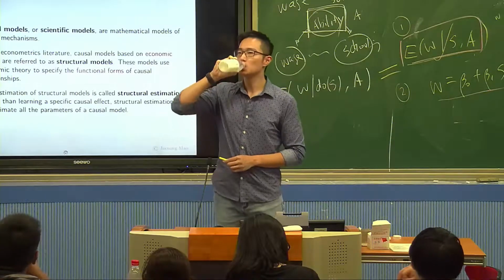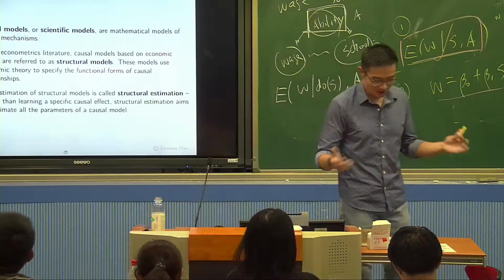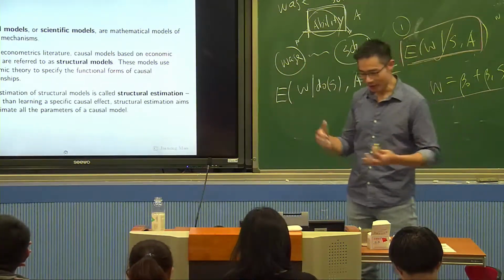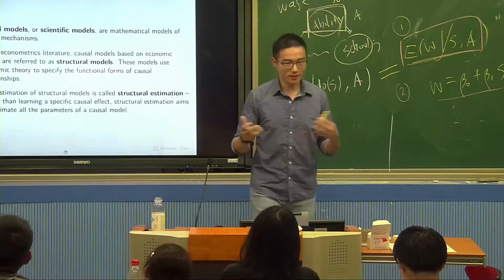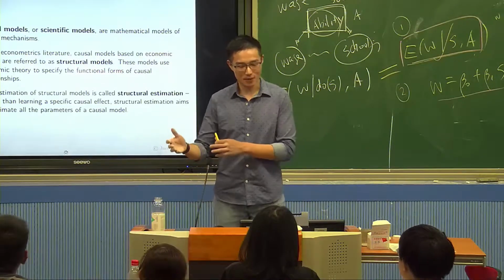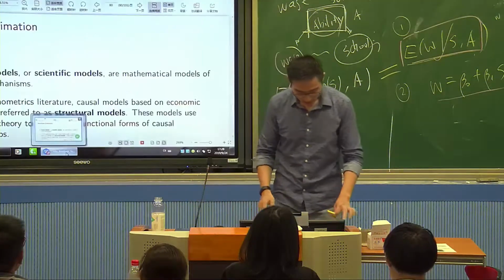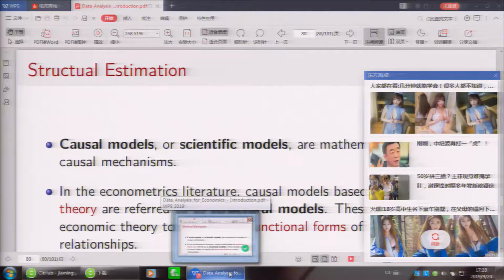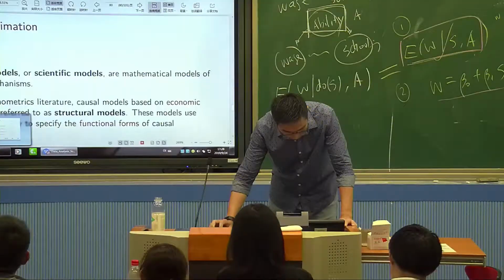Now the third part. The course is really two parts, statistical learning and causal inference. But within the causal inference part, there are actually another two parts. I'm going to talk about the second part of the causal inference now. Maybe you can think about it as the third part of this course, which is structural estimation. But before doing that, let me go to